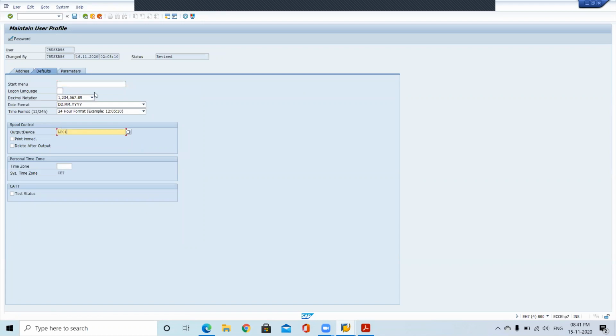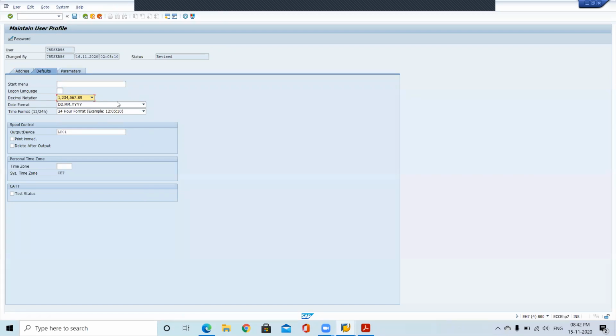Last time, if you observed, at the time of printing it was taking the thousands separator as a comma and the decimal separator as a dot. By default it is different: the thousands separator is a dot and the decimal separator is a comma. We changed that format, and every user can change the format.